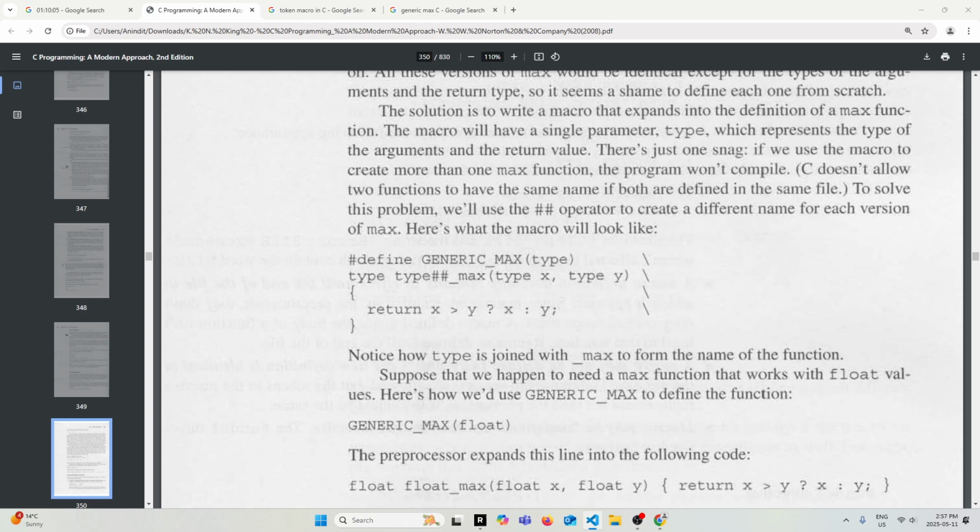Let's do I4 equals 1. Let's do 100. It's an int max. Okay. Let's do I4, I5. How do you get that? That works. 100, right? If you get 100, that means you can also do